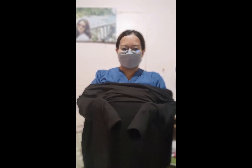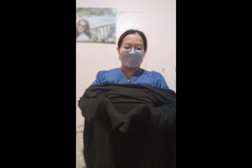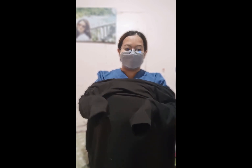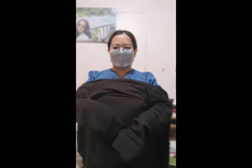Next, it's time to fasten the gown. A theater assistant will fasten the gown behind you, positioning it over the shoulder by grasping the inside surface of the gown at the shoulder seam. The theater assistant's hand should only ever be in contact with the inside surface of the gown. The theater assistant then prepares to secure the gown at the neck and the upper back of the gown. Gowns differ on how they are secured, but most of them have either ties, buttons, or Velcro tabs. So, assuming that our gown has already been fastened,